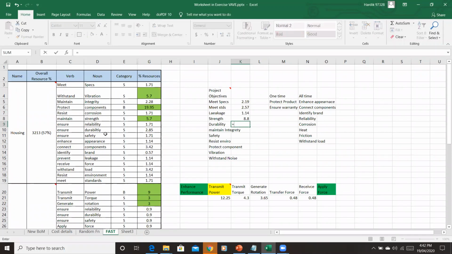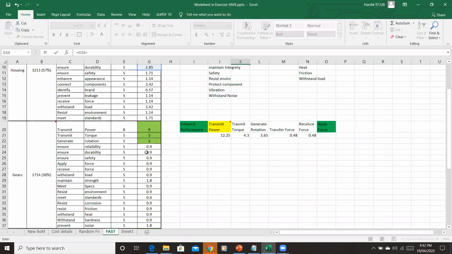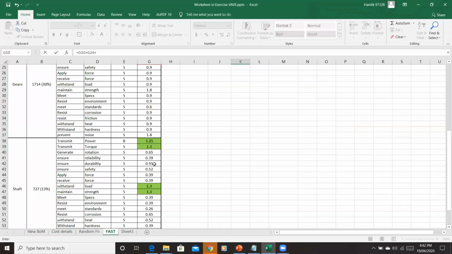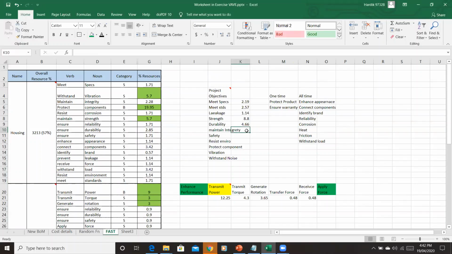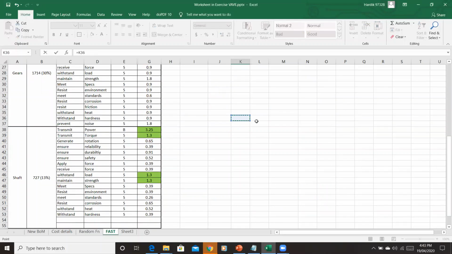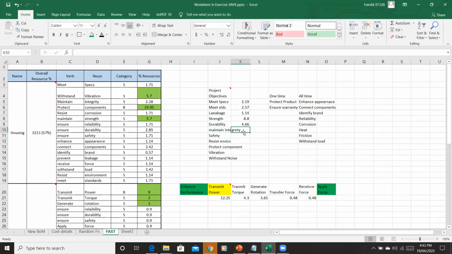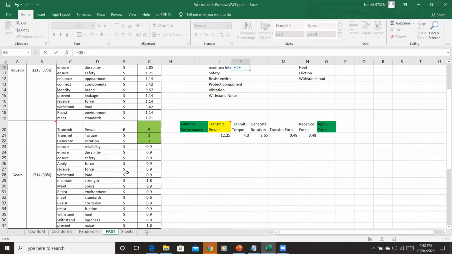Durability is equal to this plus this plus this. Integrity equal to this plus